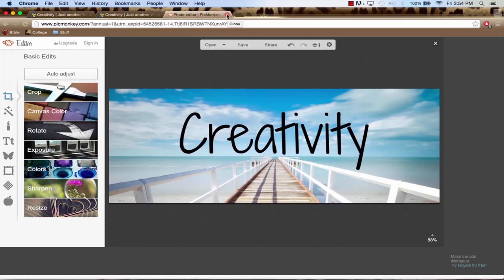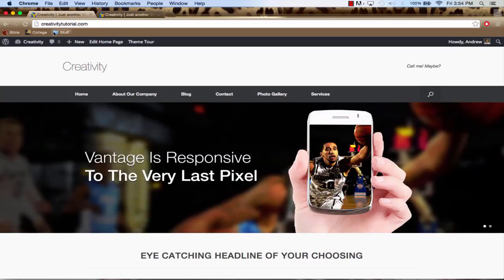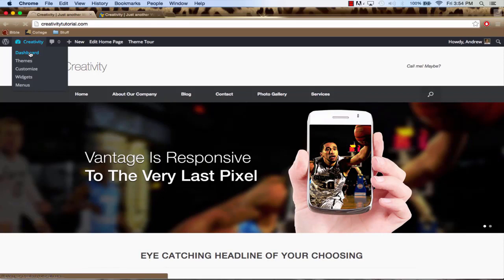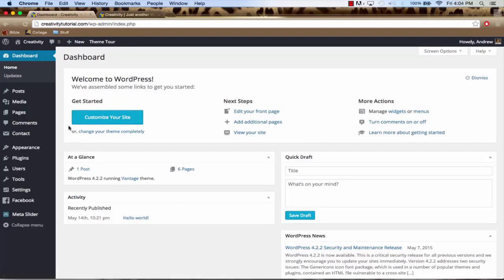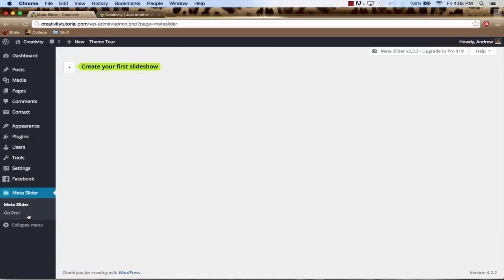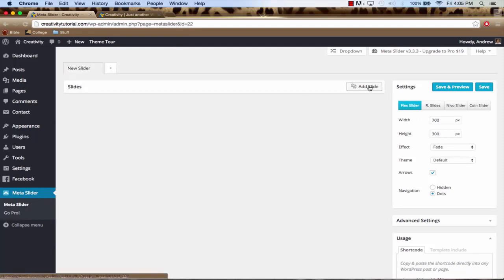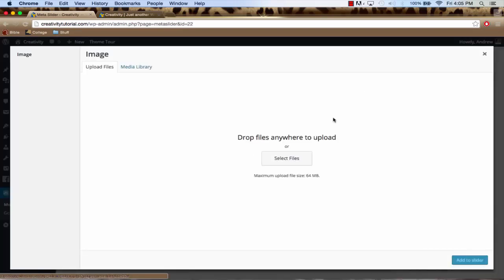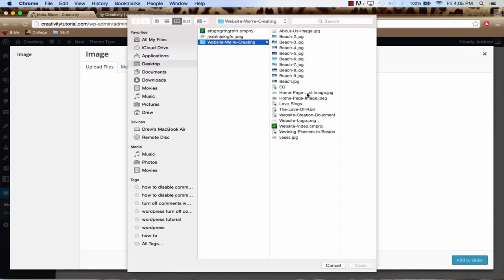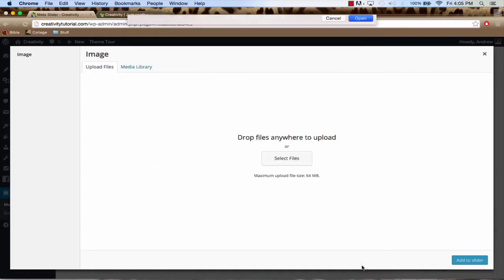So now we can close this, and we are going to go to our dashboard. Once we get to our dashboard, I am going to show you how to upload the image that we just created. So click down here on the bottom left where it says Meta Slider, and up here where the plus sign is, click this. It's going to ask you to add slide, and we're going to do that. So we need to upload the file that we just created. So find the image that we just created